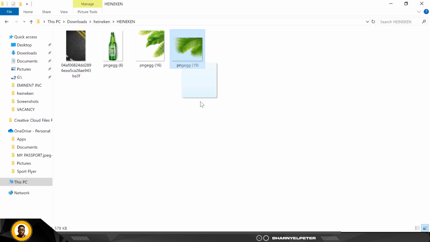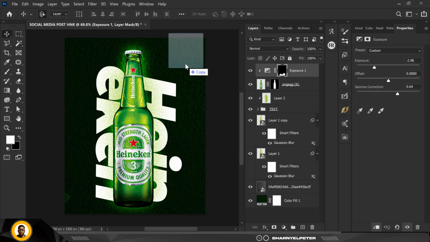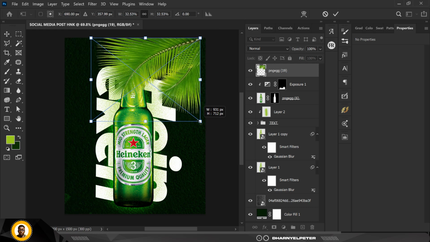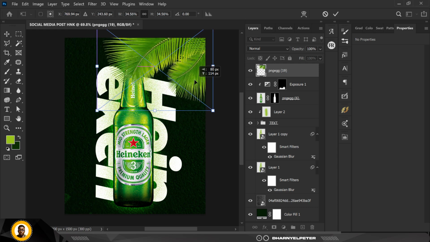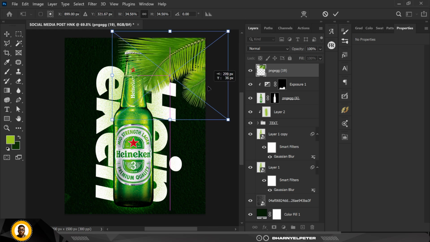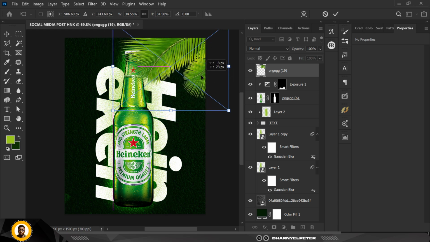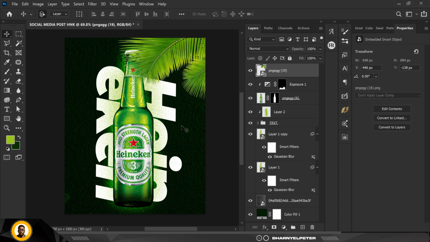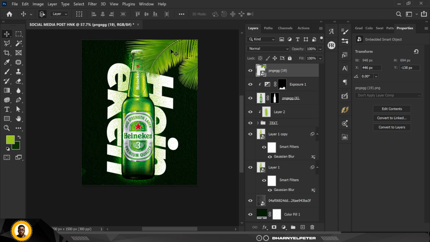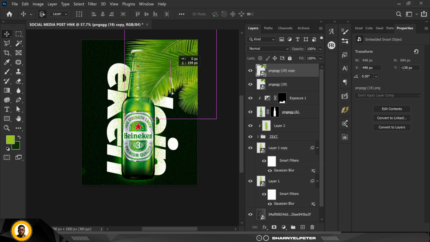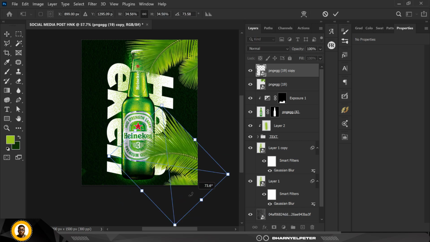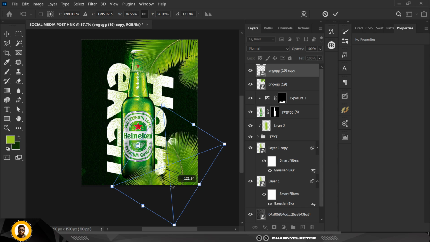So going over to bring my next resource file, which is this guy. Now you have to watch as I'm going to use this, because this is like one of the important aspects of this design. Right, so I'm just going to position this at the top right corner here like this, not too far. Make a duplicate copy of this since it's the same thing I'm going to be using all around. Ctrl J, bring this down here like this, Ctrl T, and I'm just going to turn it like this, and